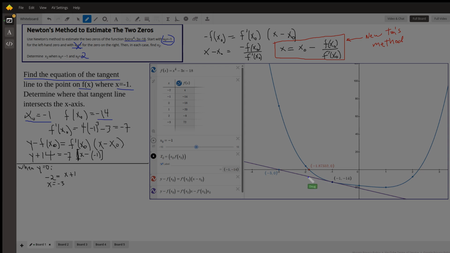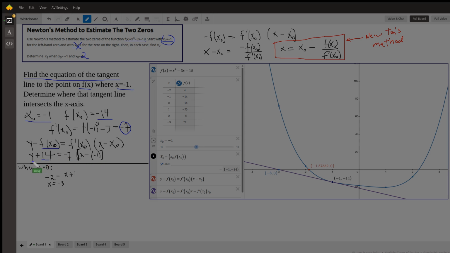We're going to write the equation of the tangent line to the graph at that point. The slope of that line is f prime of -1, which is -7. Okay, so if I write the equation of that tangent line using point slope, y minus f of x sub 0 equals the slope times the quantity x minus x sub 0. If I substitute in the values that I know, y plus 14 equals the slope is -7 times x minus